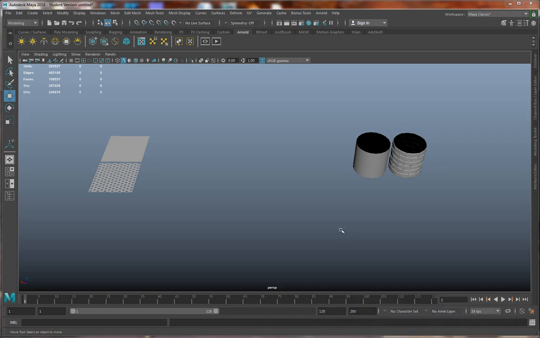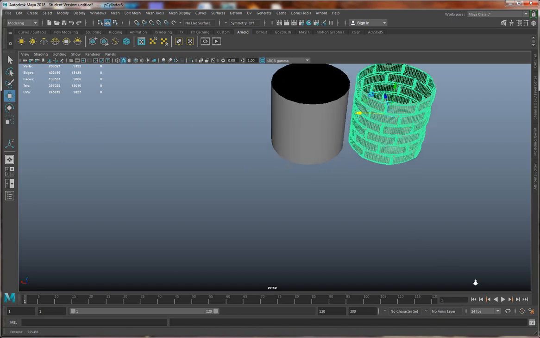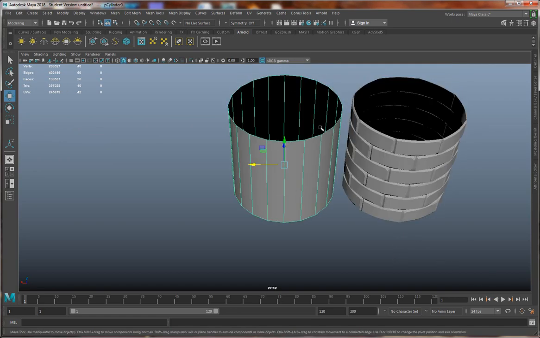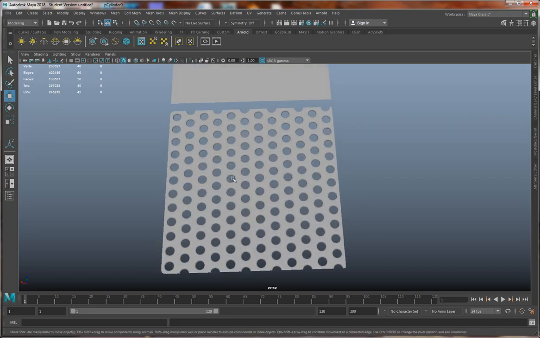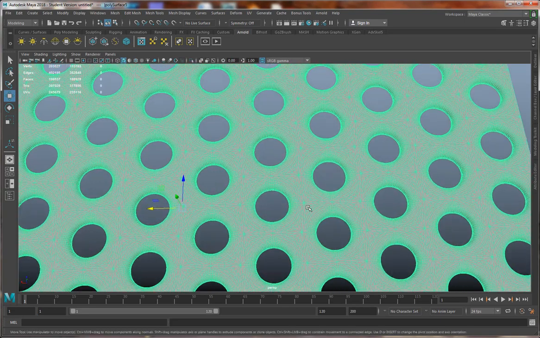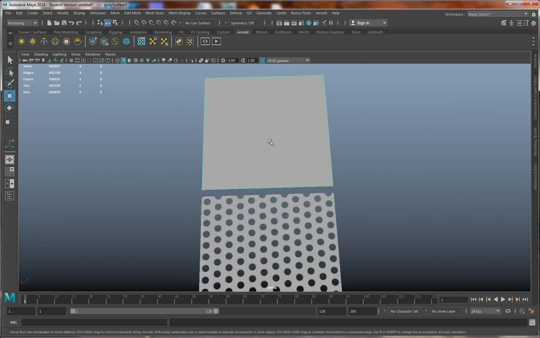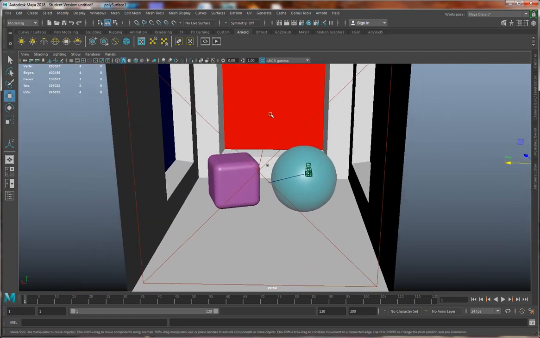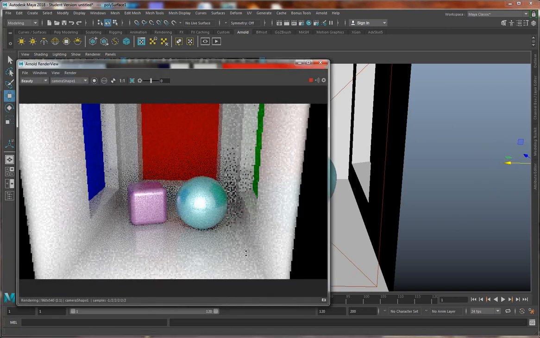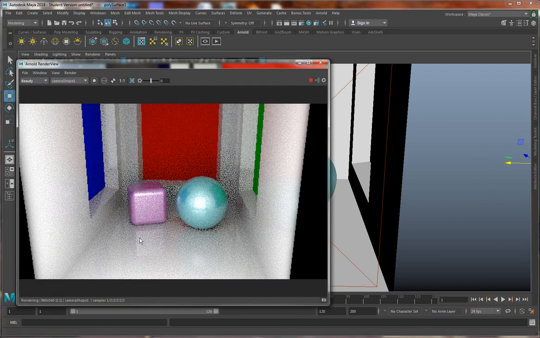Hi guys, this is one of three videos I'm making to go over something called transfer maps in Maya. What this is for is taking high poly information and baking it onto a much lower surface, or taking information where we've got holes and lots of very dense geometry and baking that onto a single plane, or taking a lit scene like this and baking all this information down onto textures,